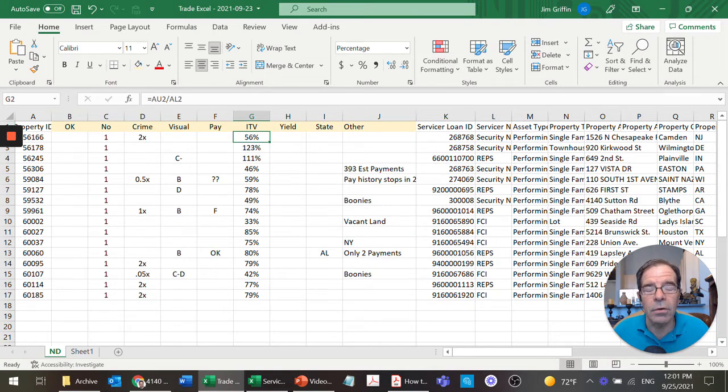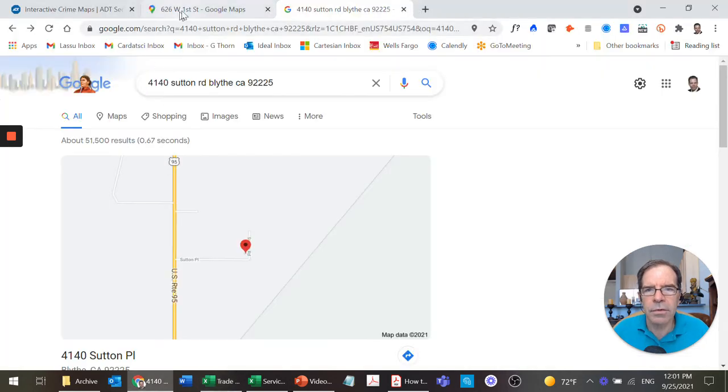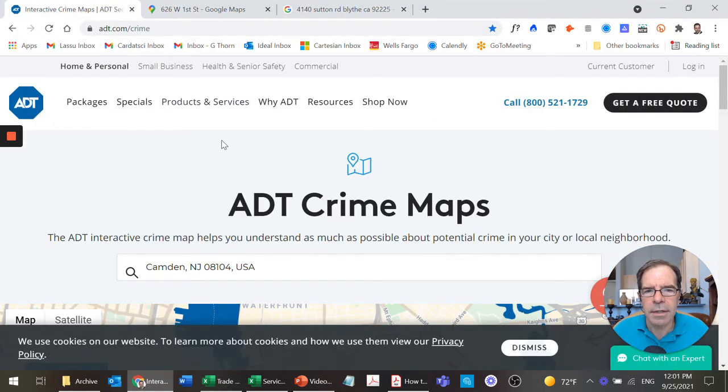It's quite low, which is good. Below 70% is the criteria that we're looking for. So this one got killed because of the crime score. And the way I do that is I'll go over to the ADT, and in this case it was located